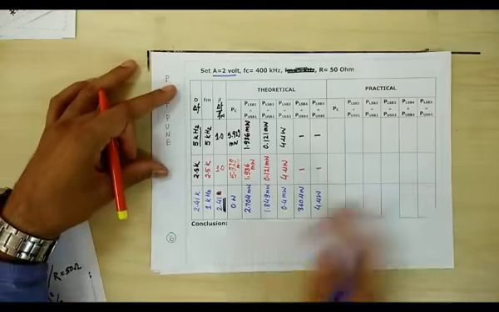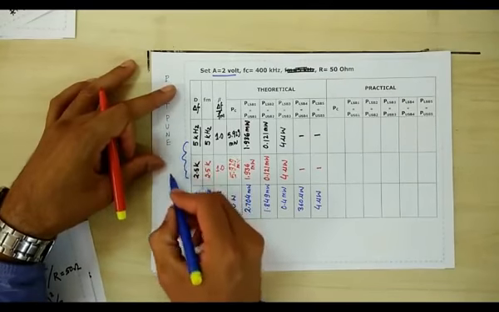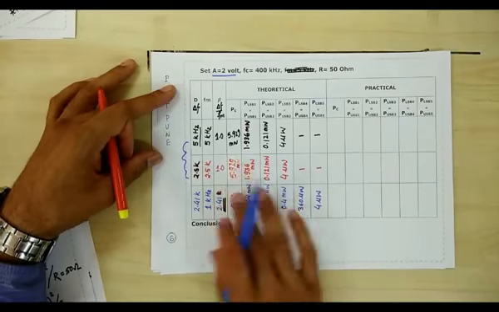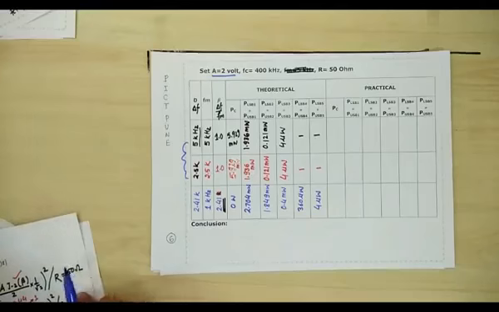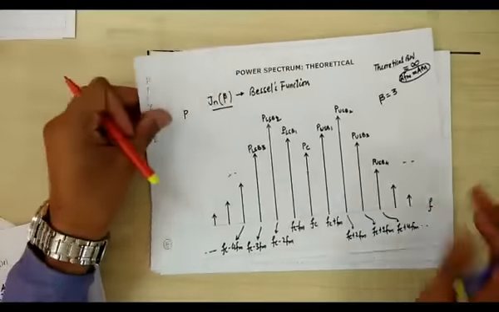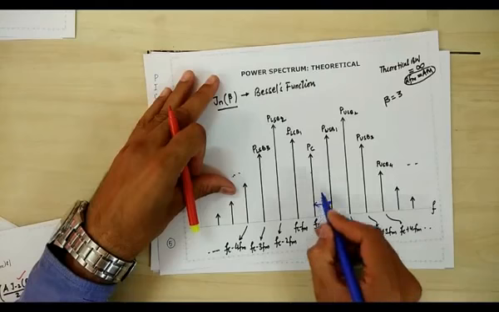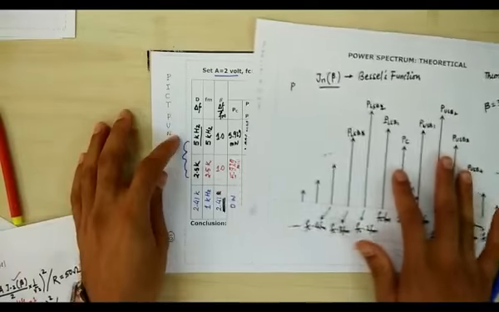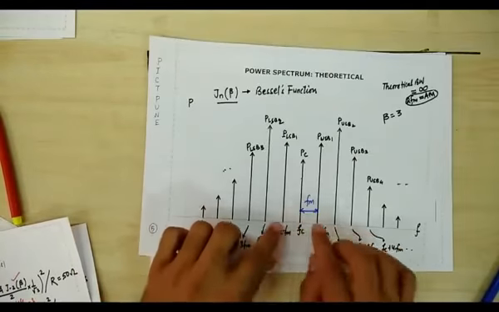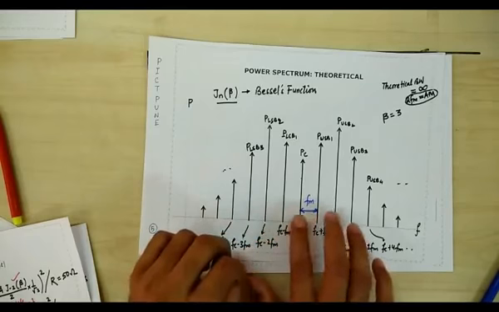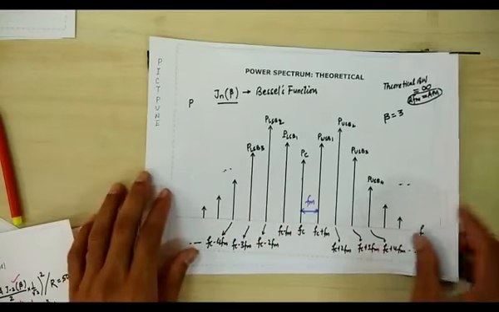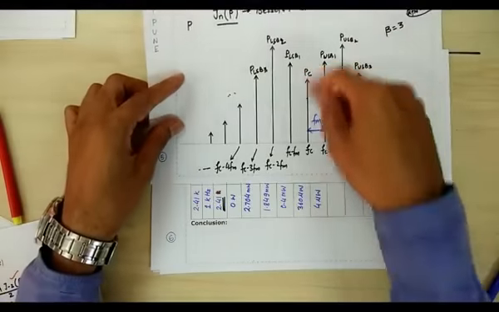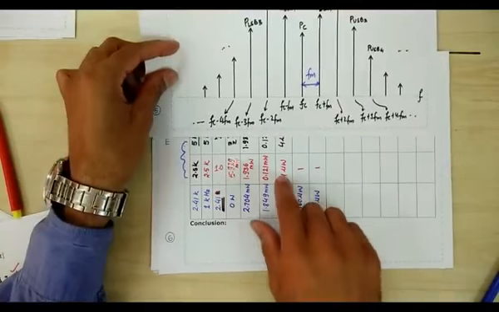If you see these 3 cases, here we have not changed our beta, so the power terms are the same. But if you see the spectrum, the separation between the two impulses is FM. So accordingly, if you change FM, as in the second case, the separation between the impulses is going to increase or decrease. That we can see in the spectrum analyzer. The second important thing is that the power remains the same, that we can see from this one.